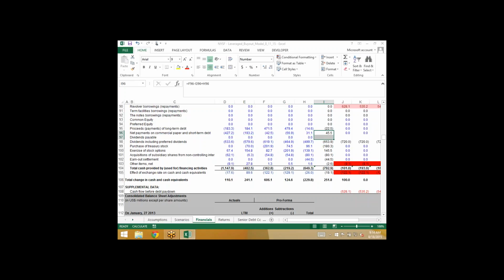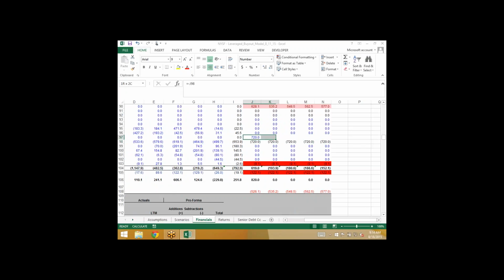So this is just the historicals. It never existed before. Right now, I'm just going to make it negative what the dividends were. It's always going to be the same amount. It shouldn't be blue. It should be black because it's a formula. And that's basically going to offset,